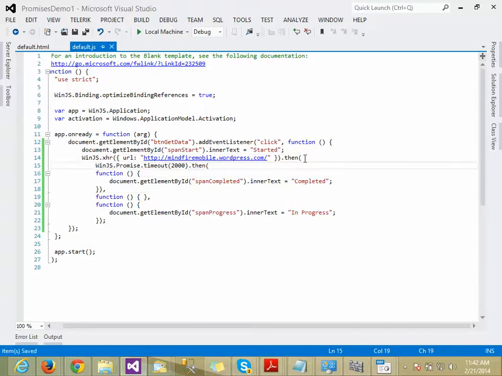I just try to chain here. After this one gets fetched, I want a delay of 2 seconds, then I need to display this completed message. Now see, this completed function is the only necessity. The other ones are optional, so we can define error and in progress methods, depending on us.